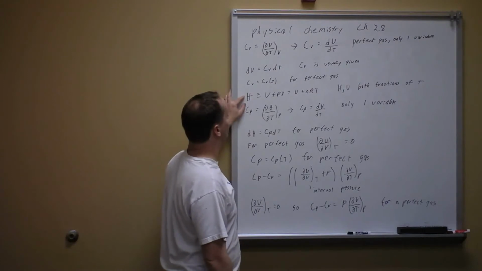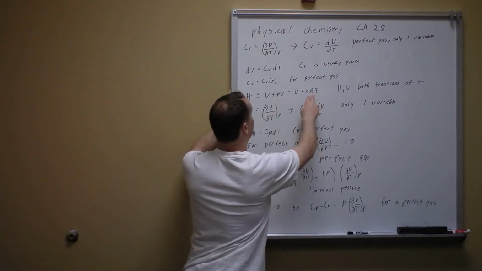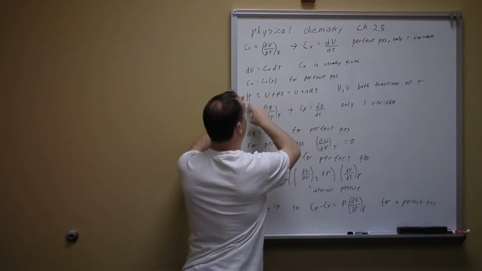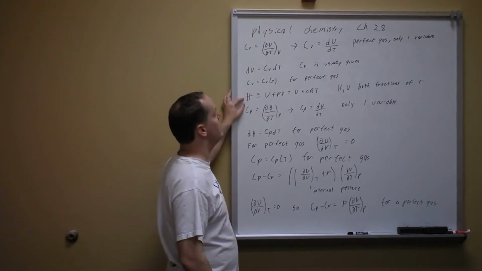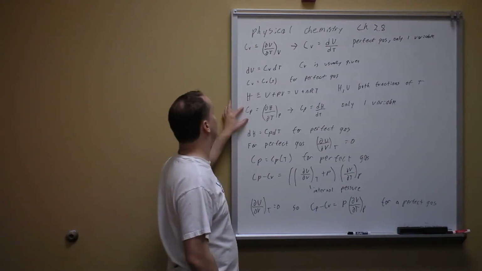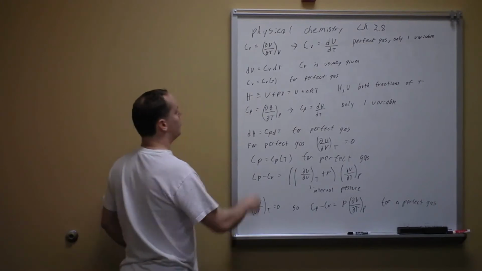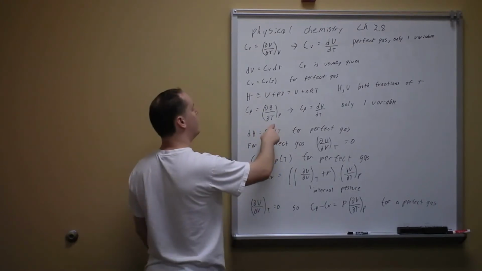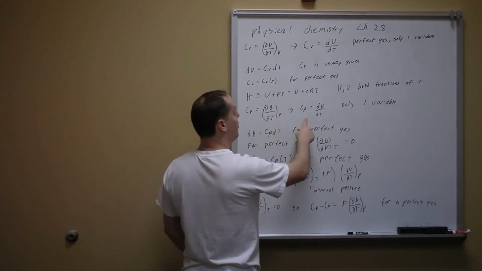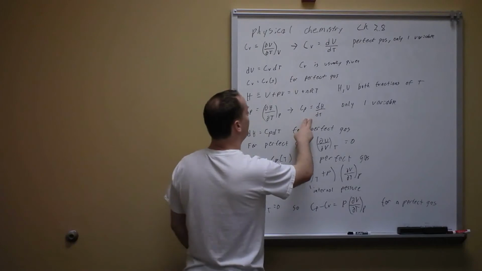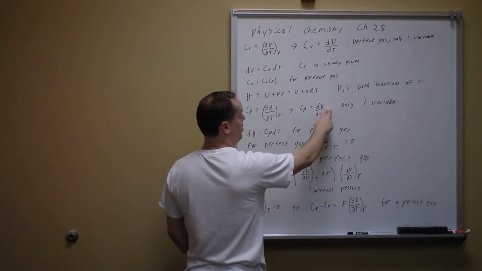And remember, enthalpy is defined as U plus PV. So substituting out PV = nRT for an ideal gas, we can say that enthalpy equals U plus nRT. But remember, both enthalpy and internal energy are functions of temperature. Likewise, the heat capacity at constant pressure is equal to the derivative of enthalpy with respect to temperature at constant pressure. Since for an ideal gas, we only have one variable, then we can say that Cp is equal to the derivative of